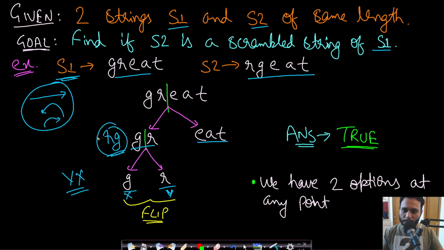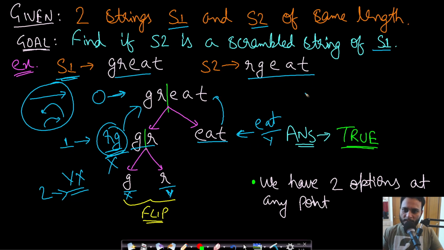Okay. And now when we are at this level 1 of this tree, this is level 0, that is, let's say this is depth 0, this is depth 1, and this is depth 2. So if we are at depth 1 and this is "rg", when we are moving up the tree, okay, and at this point we have "eat", then if we build up the order, this is string X and this is string Y. Now if we form XY, then our string will be "rgeat". And this is the same as this string S2, right?